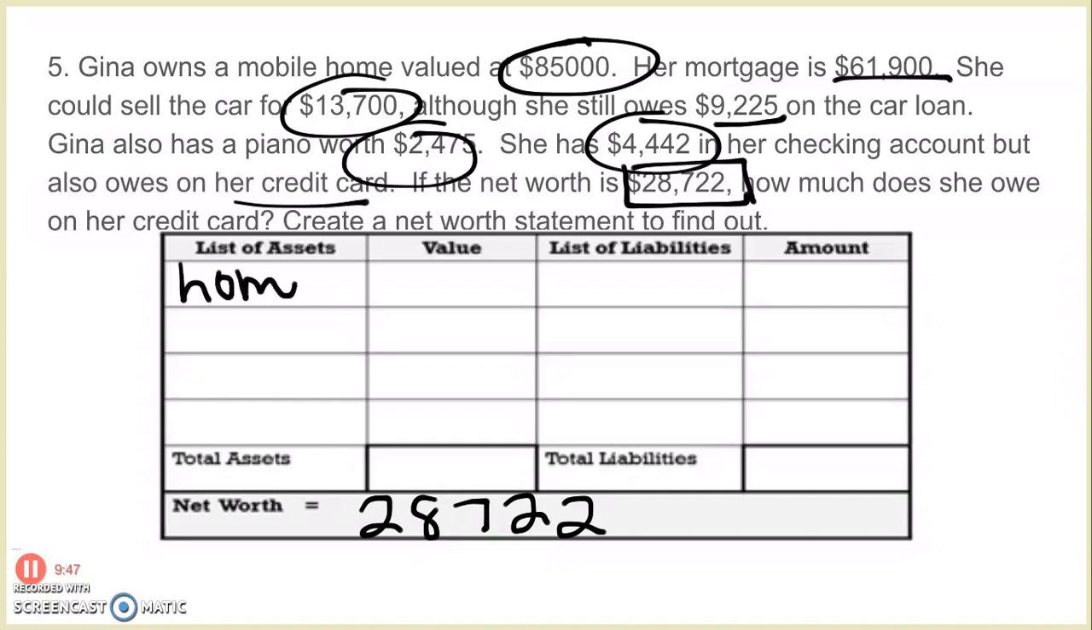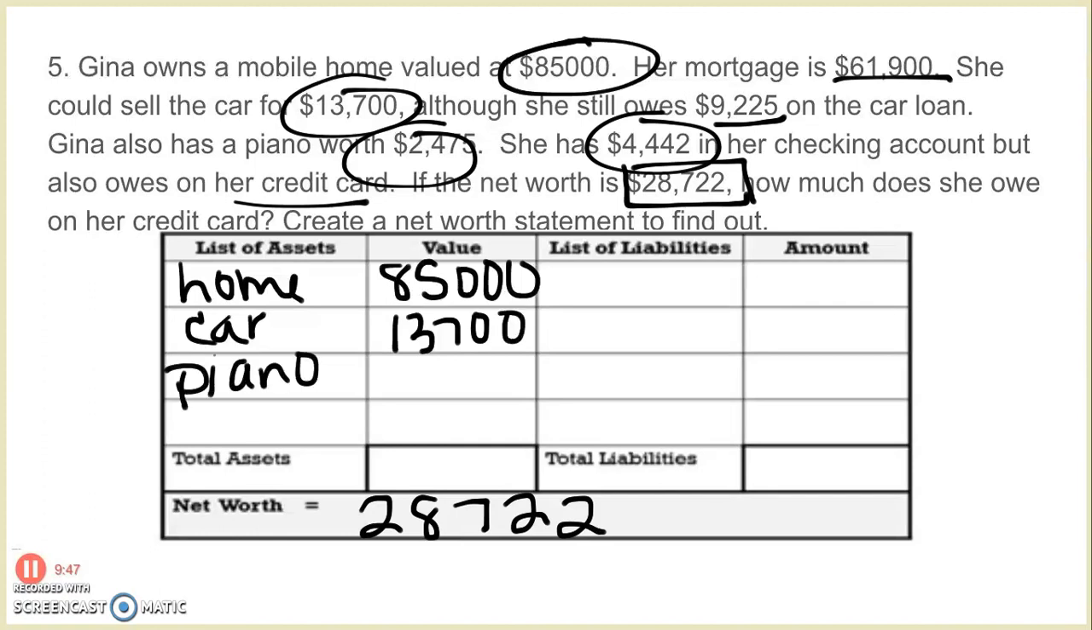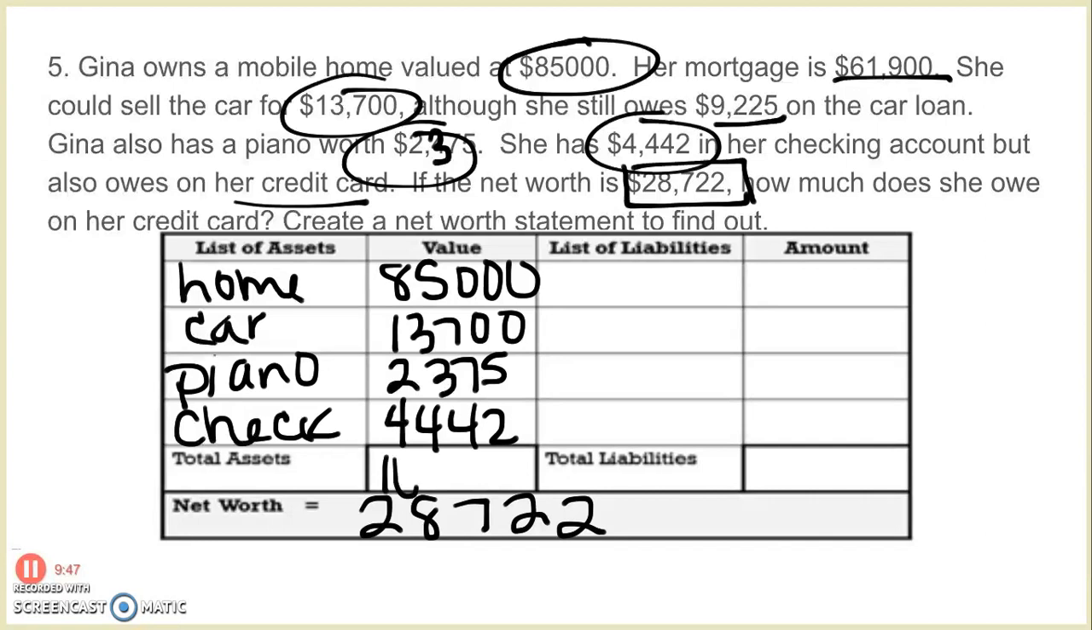Her home, her car, her piano. Oops, I just noticed on your paper, her piano is worth $2,375. So go ahead and do that, not 475, but 375. Sorry. And checking. All right. Go ahead and add those up. And we should get